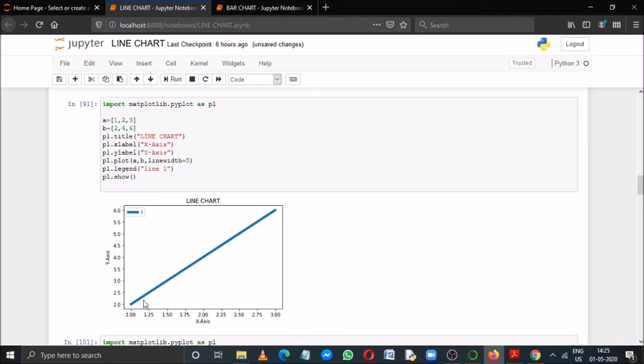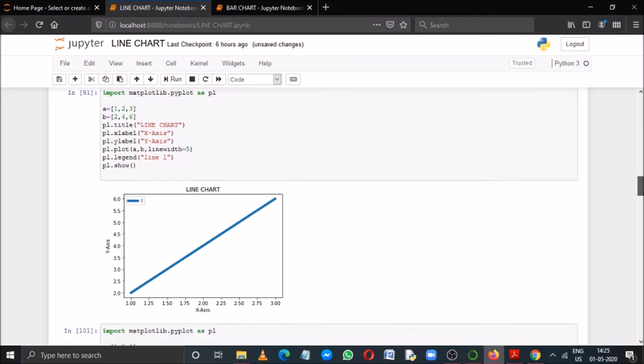Like for this one, the first coordinate will be 1 2, so at this point the first coordinate is available. Now what about the second one? Second one is 2 4, so this is a 2 point and this is a 4 point. That means somewhere near this thing the second coordinate is available, and the third coordinate will be available at the top. Like this we need to guess it, okay, by understanding the program.